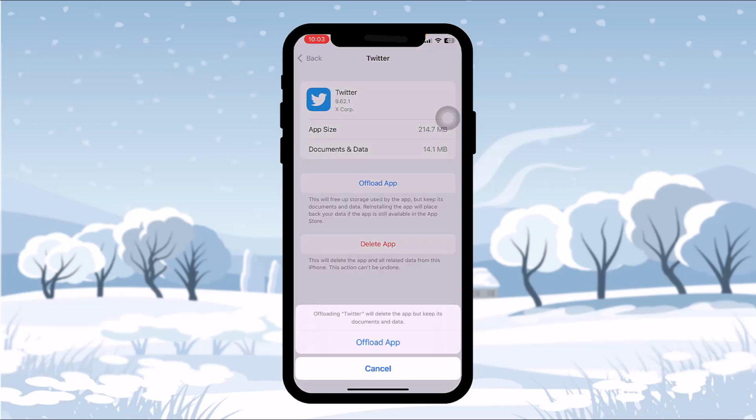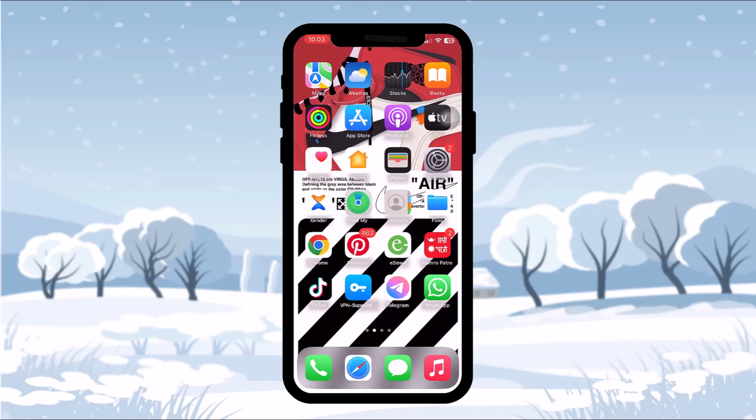And what this does is it helps you refresh your app. Also, it clears any caches and bugs that are present in the app. And once you do this, you'll be asked to reinstall the app once again. Just tap on reinstall app, and once you have done that, now what you need to do is head over